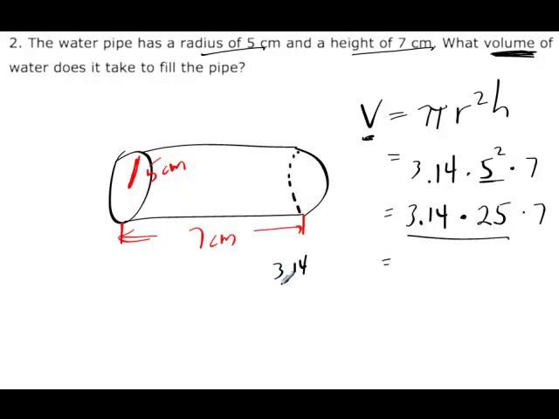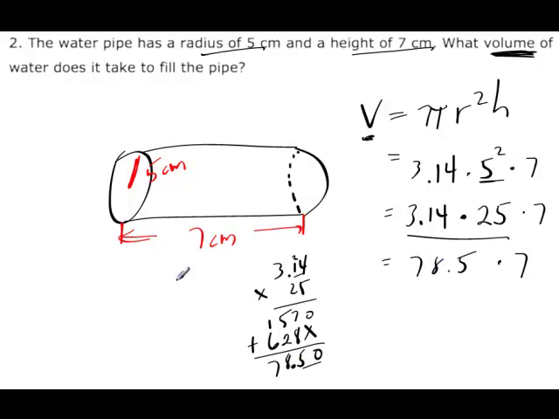So I have 3.14 times 25. I have 2 decimal places, so 2 down here. So that's 78.5 times the 7. And then I'll do one more multiplication problem. Doesn't hurt you to do this by hand, but if you want to check it with a calculator, that's fine. 1 decimal place, so 1 down here. So I get